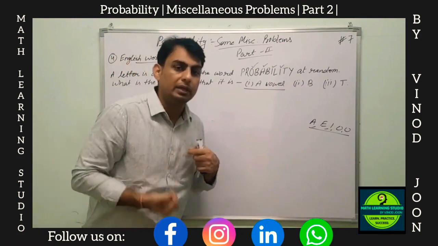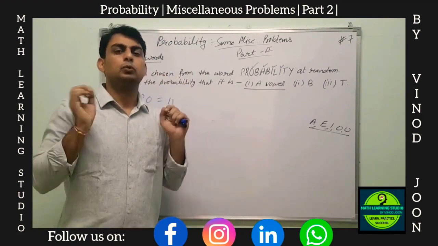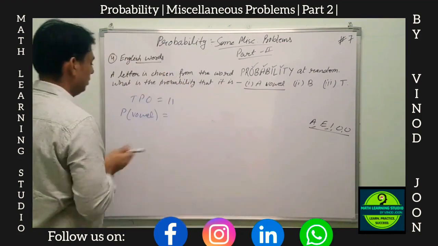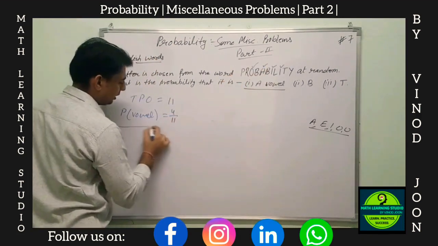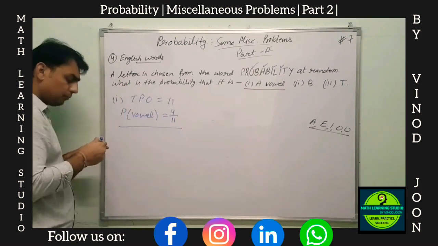So I will write it twice. So any of the cards that come will be in our favor. Alright. So 1, 2, 3, 4. So 4 out of 11 is the probability. So first condition done. Second,